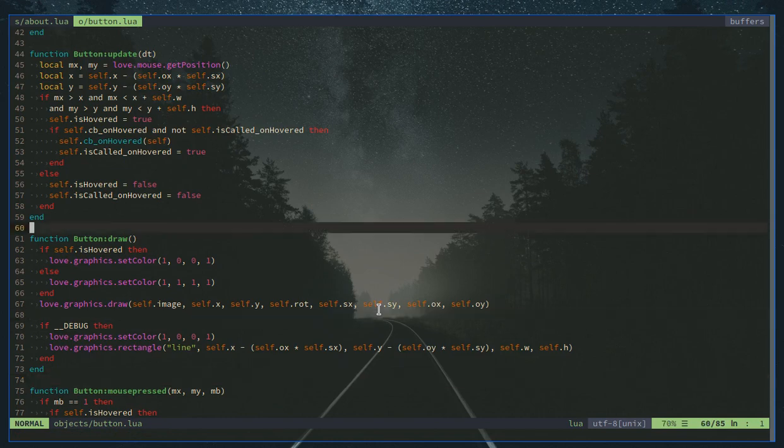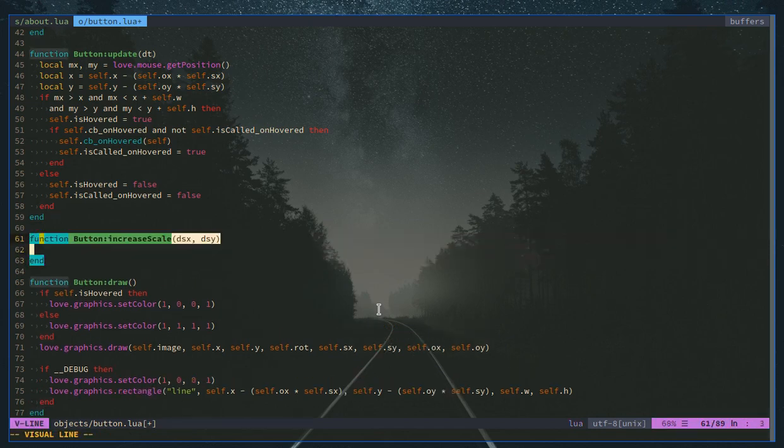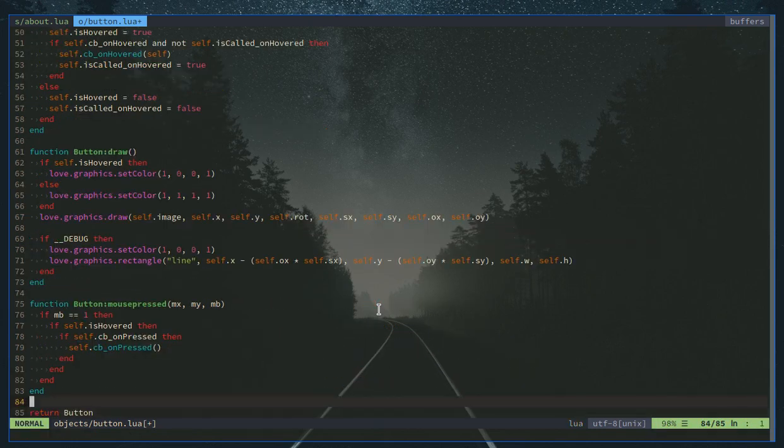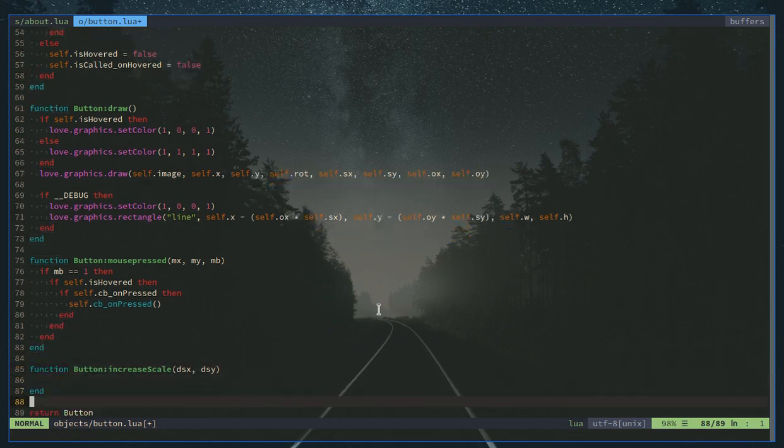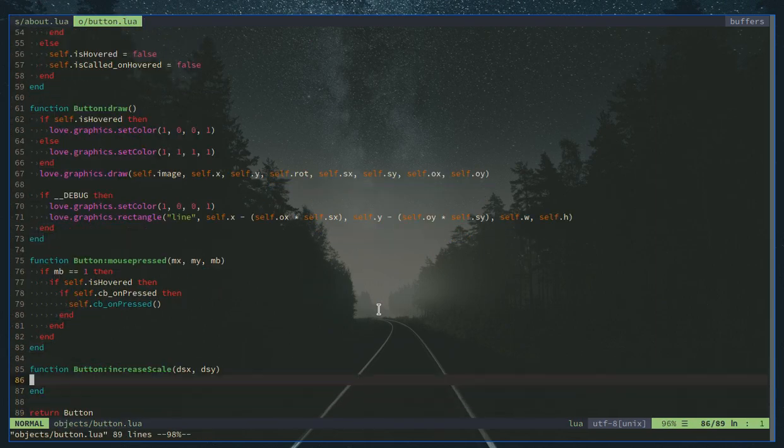So let's say function button increase scale, delta sx and then delta sy. I know this is, I feel, yeah, it's terrible for me. So what we want to do is flux to